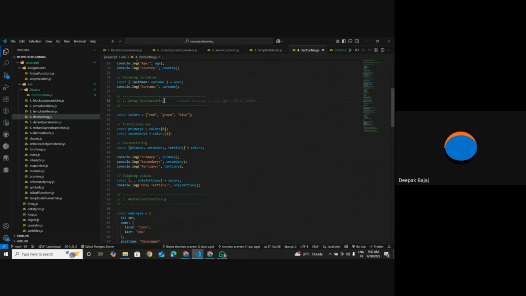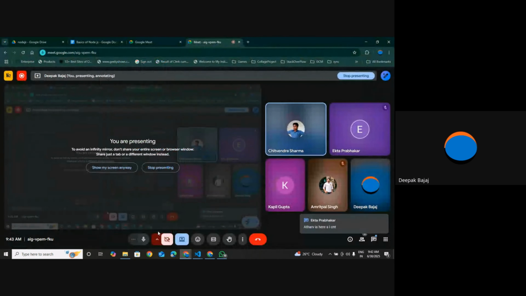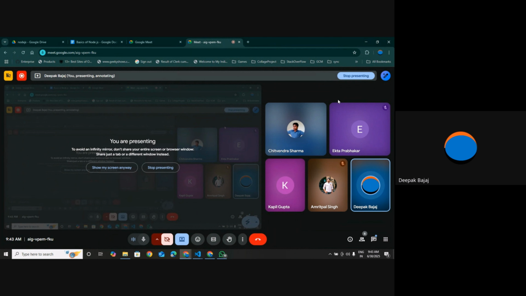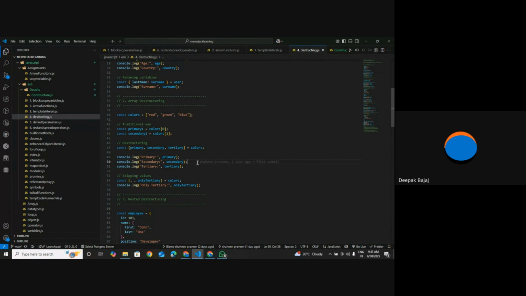Okay, maybe Ekta is busy somewhere, or Kapil, could you explain this? What you understand from this? const color, radical blue, const color. Okay, no worries, Ekta. Kapil, go ahead and explain this so that anyone can understand array destructuring. const color, colors, const